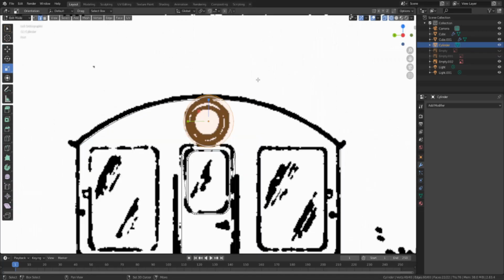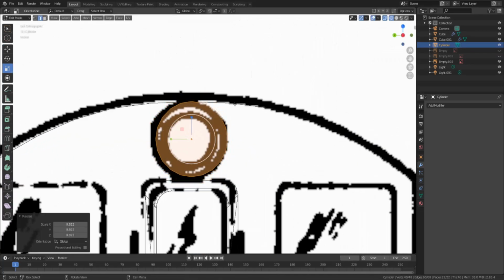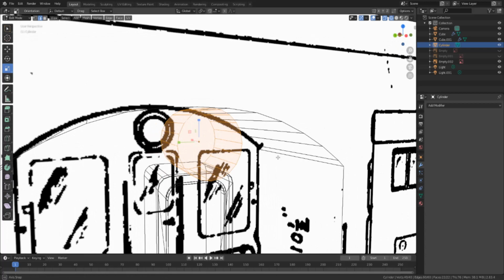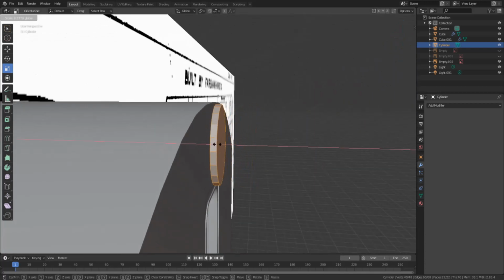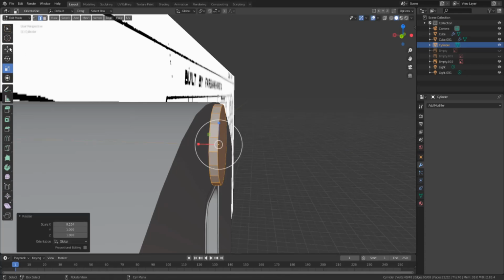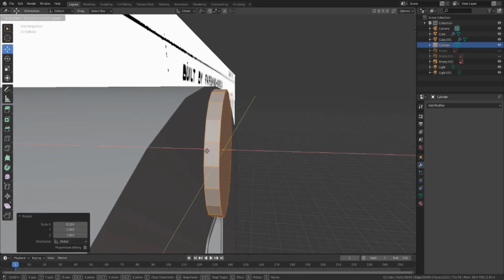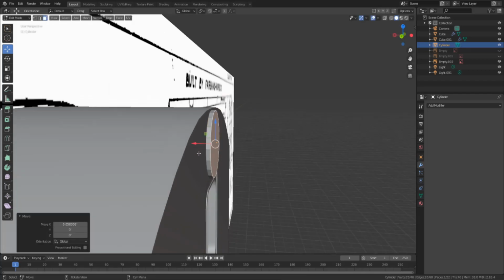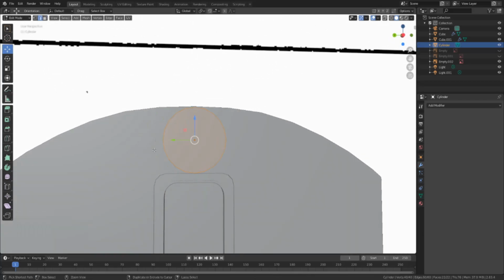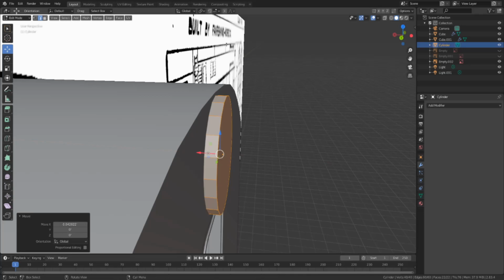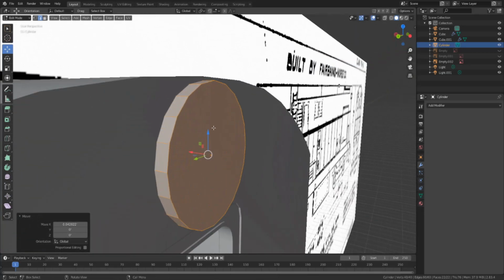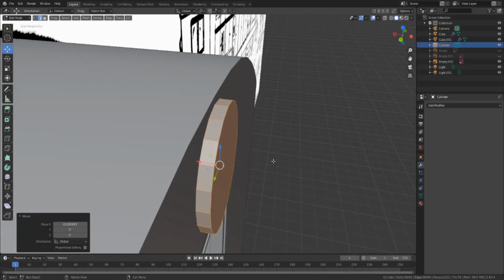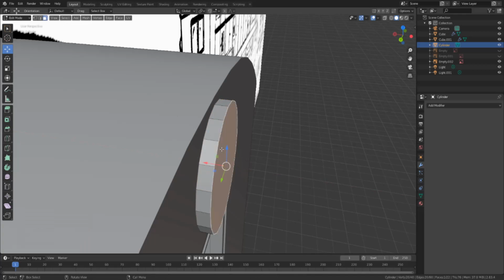Go to edit mode. Scale this down if we just press S. I'm gonna move that down a little bit actually. Looking at it, needs to be, actually no, this is fine. Put that in. Move it over a little bit. Get into face select. Okay, moved it a little bit uneven. Oops, but yeah, that's good. And then scale it down just a little bit. Face select, jack that in,